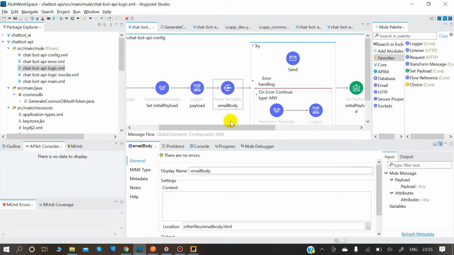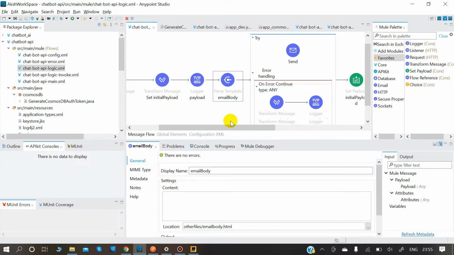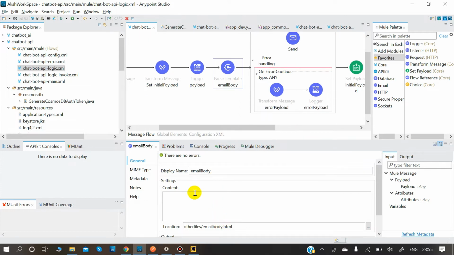Parse template is basically used to parse your data into HTML text in whichever format you want. As we wanted to set this into an email where it should be displayed in HTML format, we are seeing this email body.